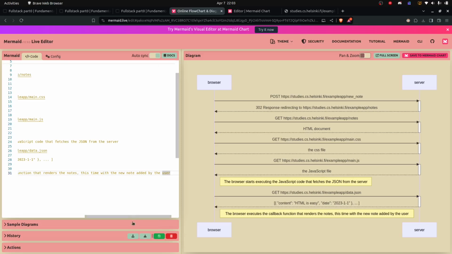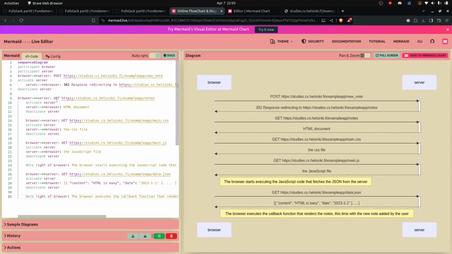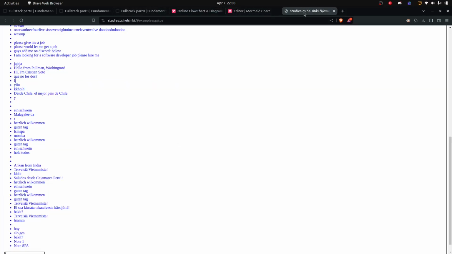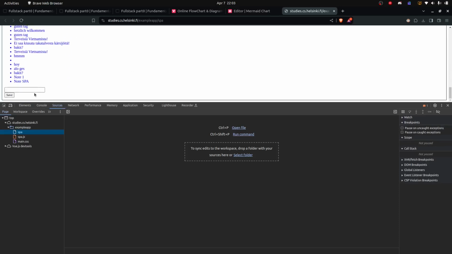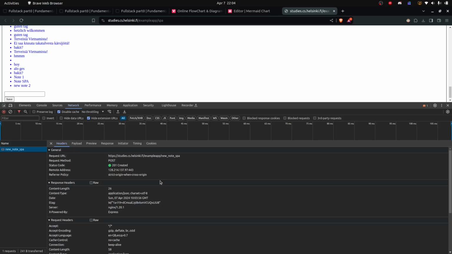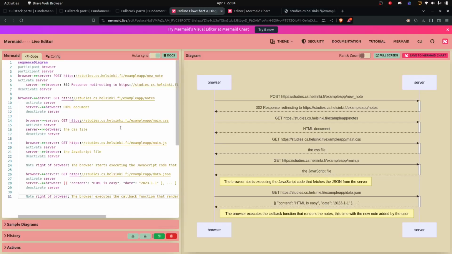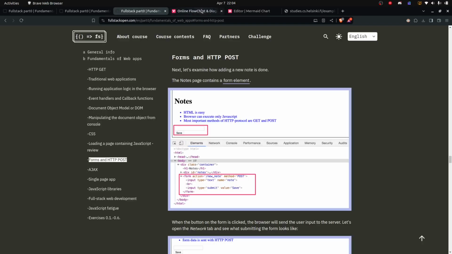So this one we would have to do again. We make the post. Let's make another post request here in the new note 2. Save. In the network, it's called this post request. So we can probably just change the existing one here, or maybe I can do a new one. What if I went to